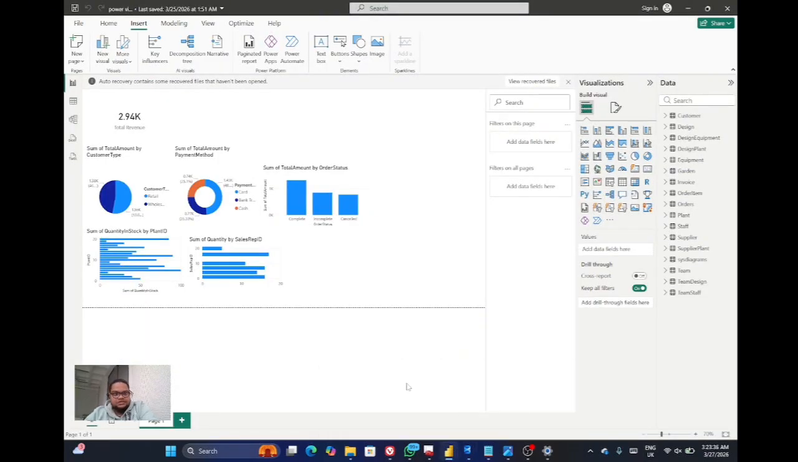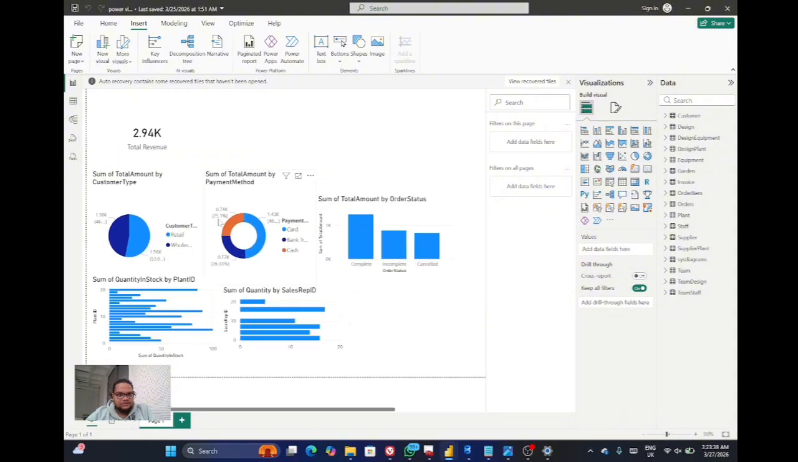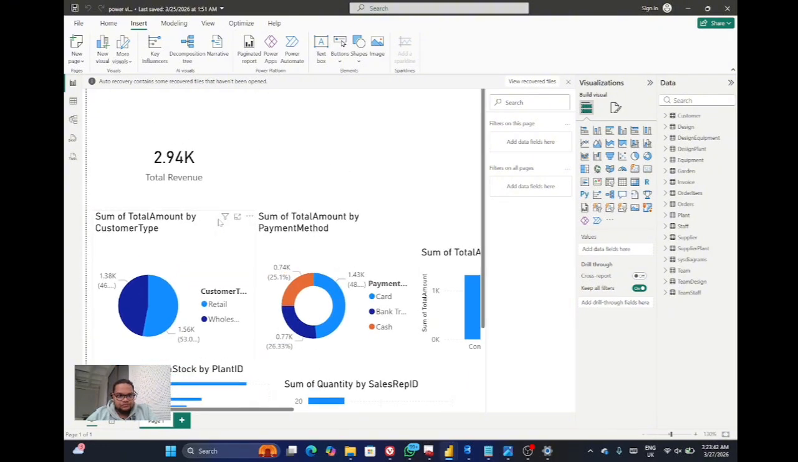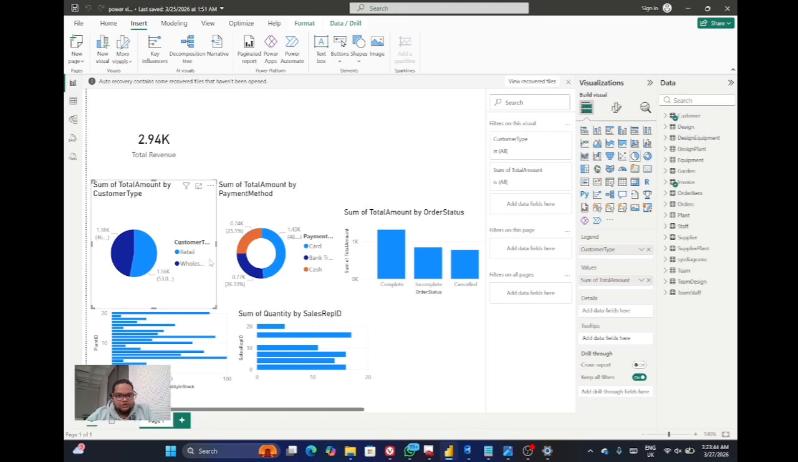So here is the Power BI, as we can see. This is the whole Power BI analysis dashboard. We can see the total revenue is 2.94k. This dashboard was created by connecting the SQL Server database to Power BI. It includes visualizations such as total revenue, customer distribution, order status, and staff performance. These visuals help to present the data in a clearer way,